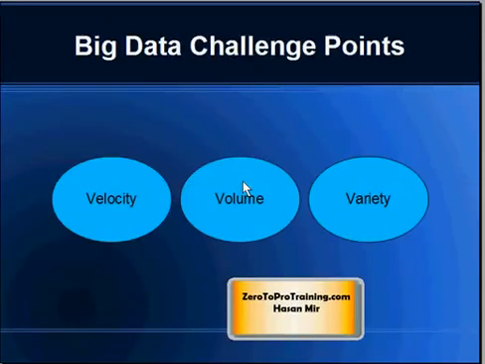Big data is creating challenges that Hadoop is addressing, and challenges are created at three levels. A lot of data is coming in at very high speed. A big volume of data has been gathered and is growing and growing, and data is of all sorts of variety. It's not organized data. It has audios, videos, files, log files, and so on. Now, in a separate video, I have talked in detail about the challenges that big data is creating.